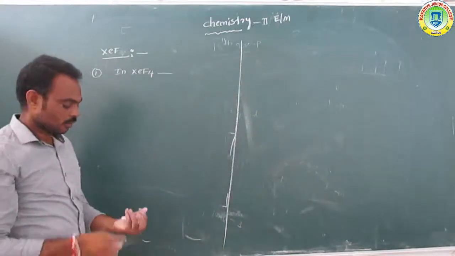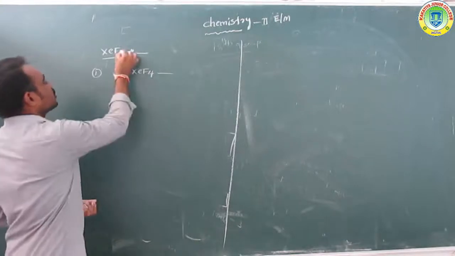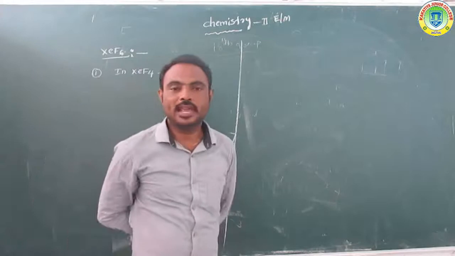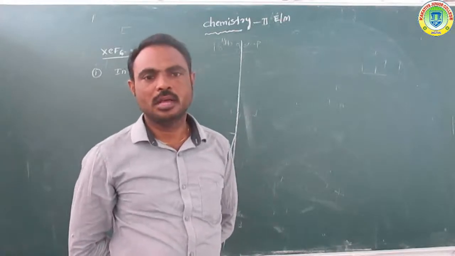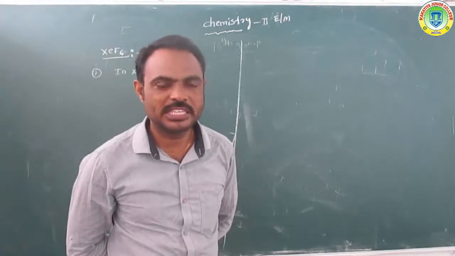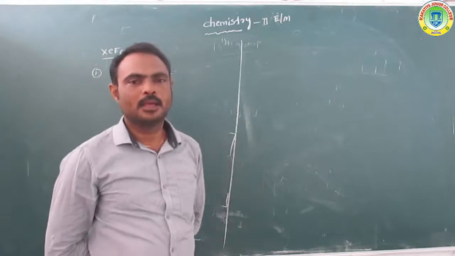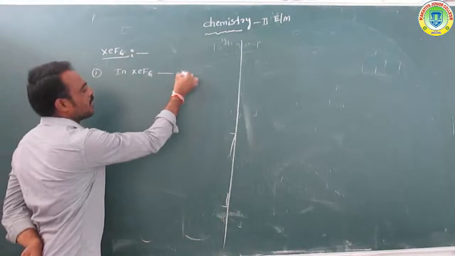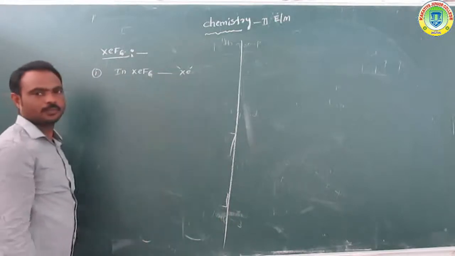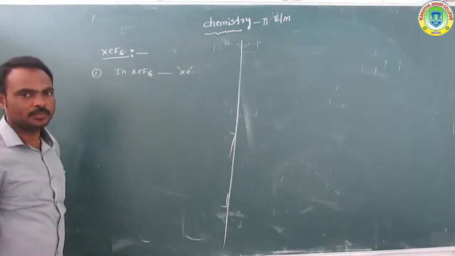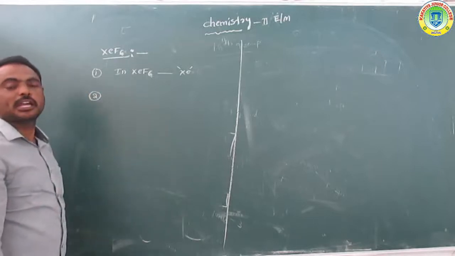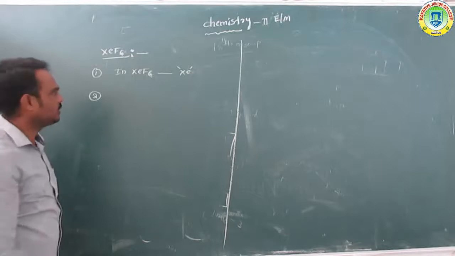Next, further, the structure of XeF6, xenon hexafluoride. What is the structure of XeF6? In XeF6, the central atom is xenon. What is the central atom? Xenon. The ground state electronic configuration of xenon is